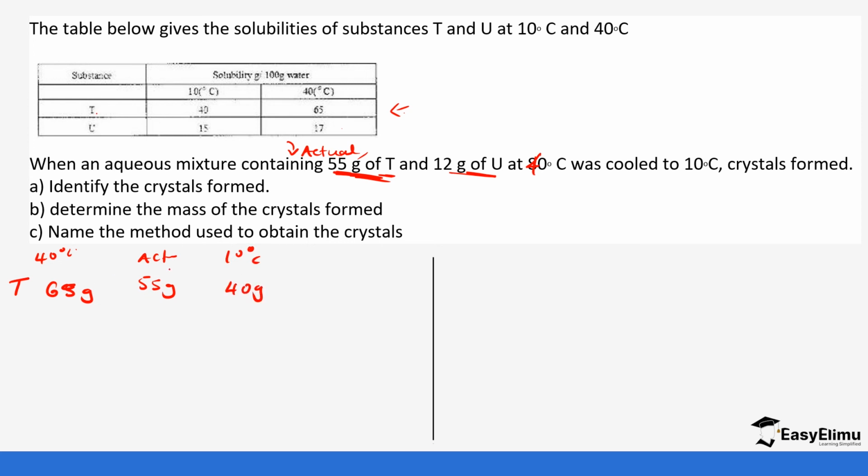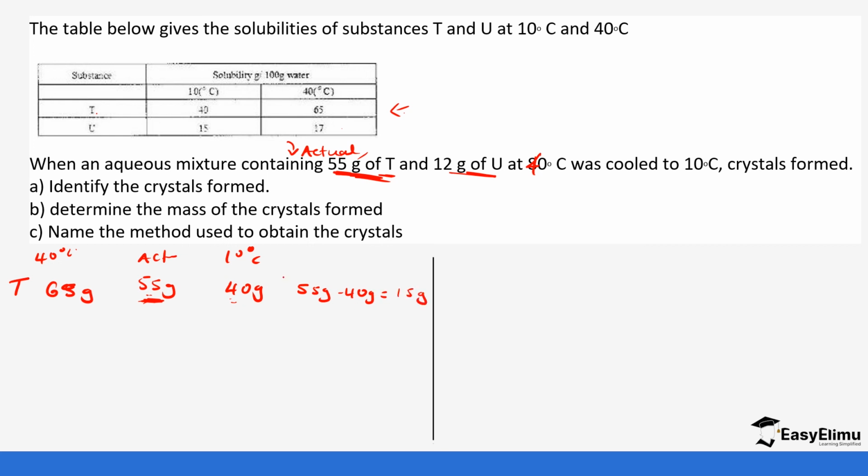So at 40 degrees all of the 55 are dissolved, but as we cool to 10 degrees it can only dissolve 40 grams. This tells you not the whole 55 will still be dissolved. Some of it is going to crystallize out, so it's going to be 55 grams minus 40 grams, which gives us